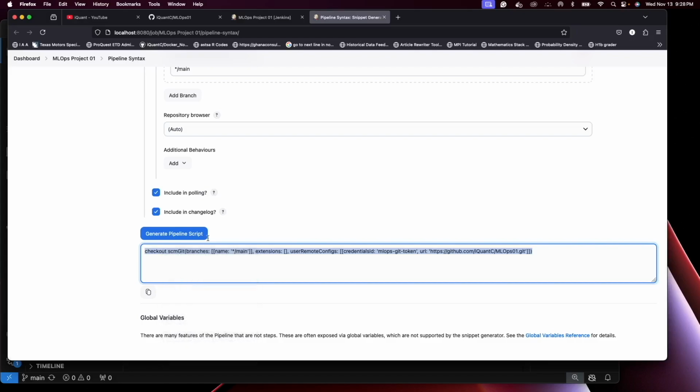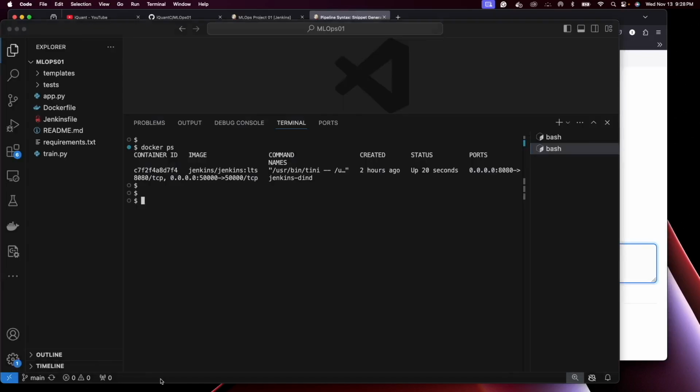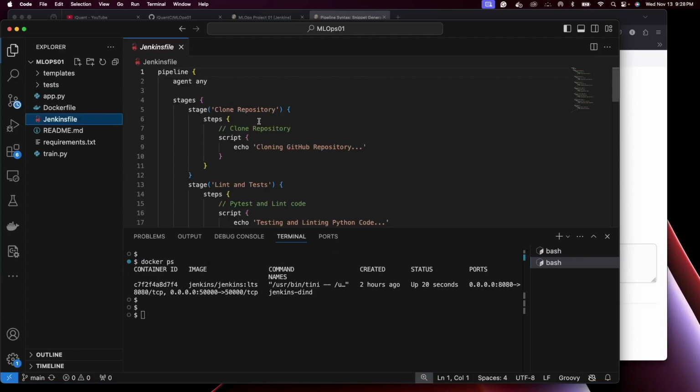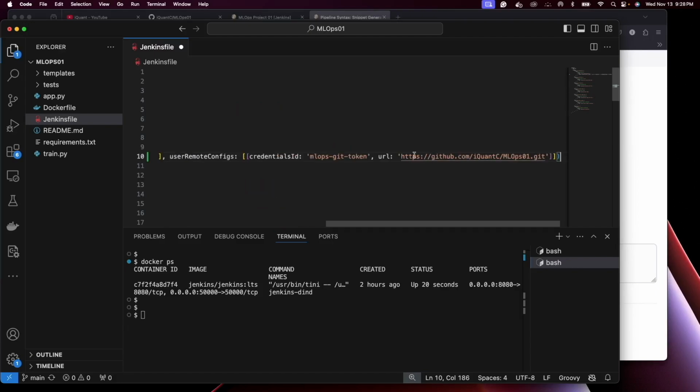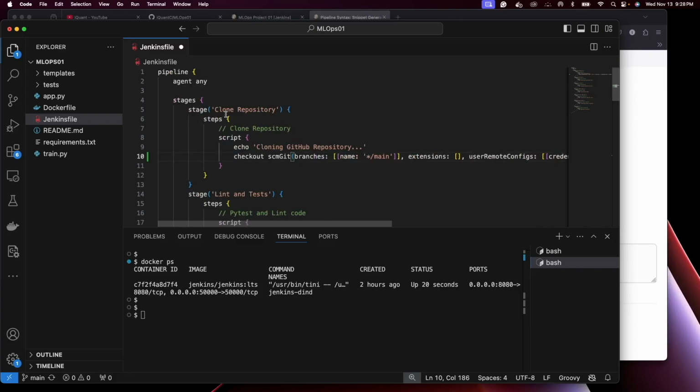So copy this. And then on our terminal, this is our Jenkinsfile. So this is the stage where we are cloning the repo or checking out the repo. So I can paste that command in here. Inside the steps, you can run scripts or you can run shell commands. So it's really up to you. For now, I'm using script, so that should be okay. Save this and then commit changes to GitHub. Git add,